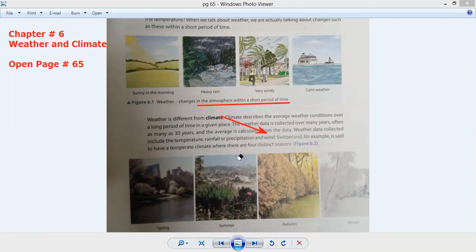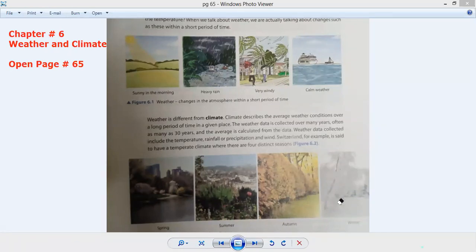So in this way, they are collecting the data of weather. What sort of data? They are collecting the temperature, the rainfall, the data of wind, and the data of water, the presence of water in the air. In this way, they collect it and then they declare the region hot, sunny, or calm, or rainy, or windy. In this way, they will declare the region specifically by its weather.